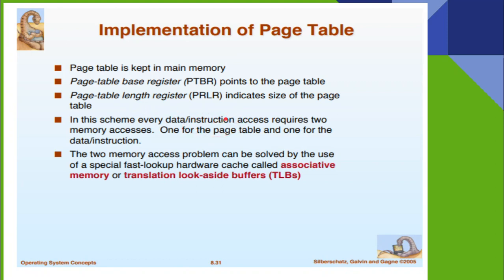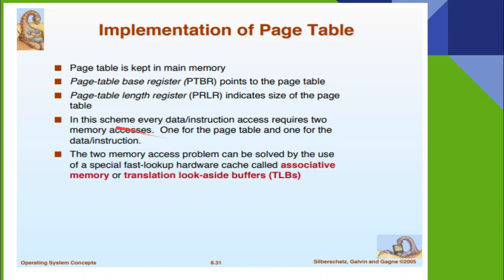Here it requires two memory accesses in order to get the information, one to get the address and then one to get the data. That means first the page table has to be located by the page number, that is the page base address, and only after that can they get the data from the particular page. So we need two accesses, one to get the page number and then one to get the page content. This is called a two memory access, and it takes a lot of CPU time.